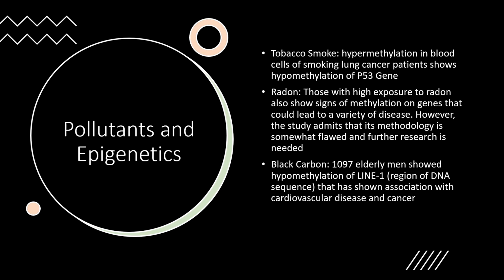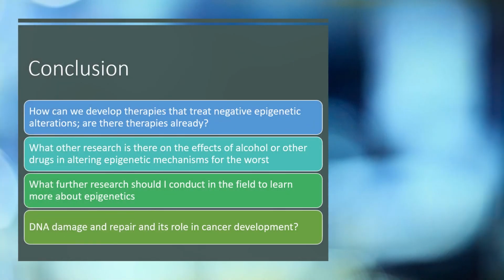So in all these cases, epigenetics is that molecular connection between a carcinogen, a disease-causing agent such as black carbon, to actual disease. And this is just explaining it on a molecular level. So that is a very, and I can't stress this enough, basic introduction to epigenetics. I really want to broaden my understanding of that field, and going forward, that is the goal of my research.